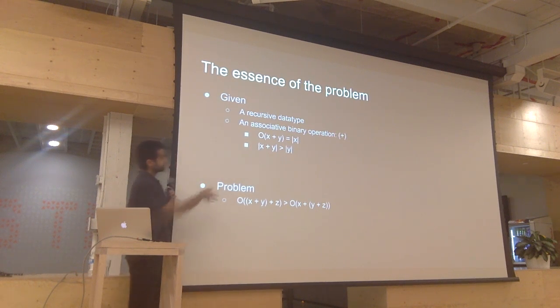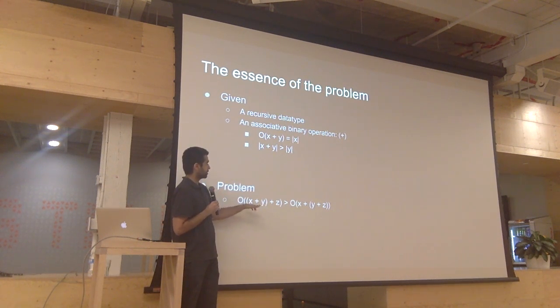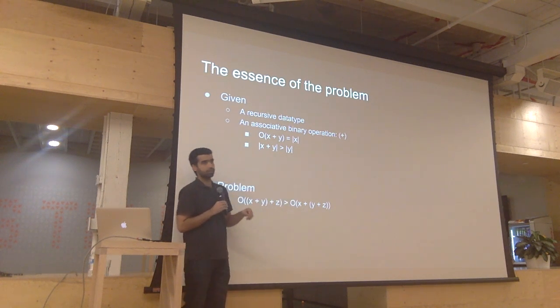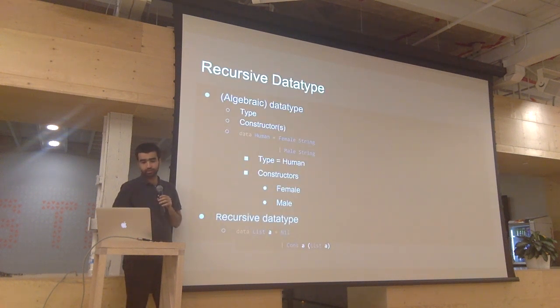It has a couple of properties, and then given that, it basically says that if you were to take that set of operation, and it's a binary associative operation, the left associated view is performing worse than the right associated view, right? So even though the semantics don't change, the performance gets impacted just by grouping, right? So it's associative semantically, but it's not from a performance perspective. And then how do we fix that, right? So this is the essence of the problem, but let's go step by step.